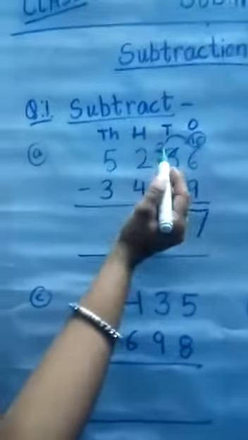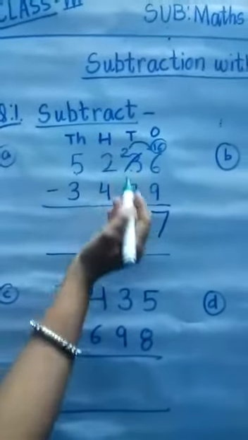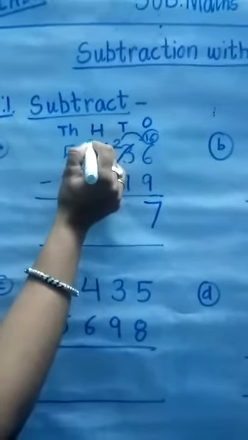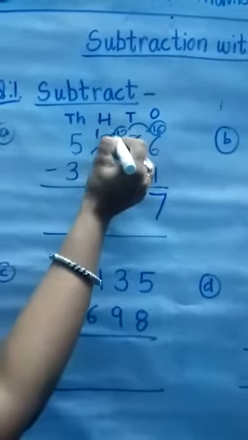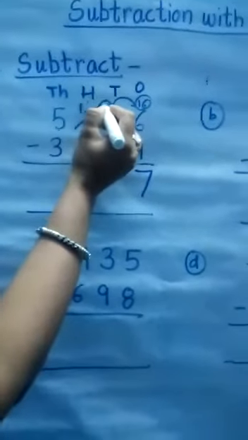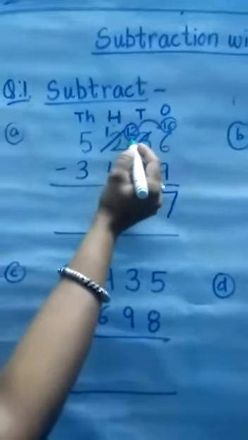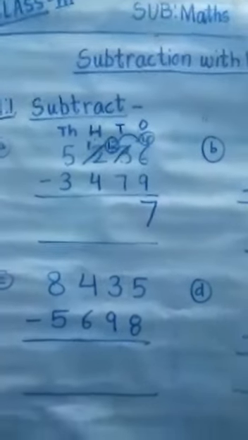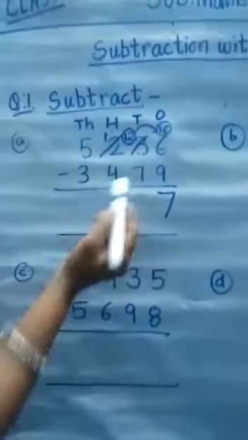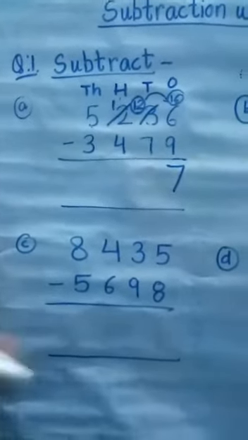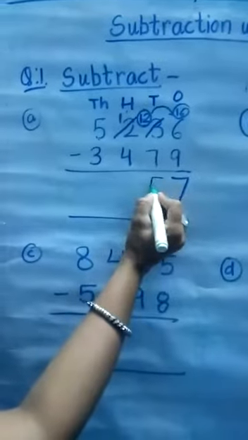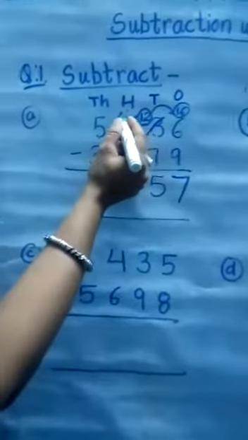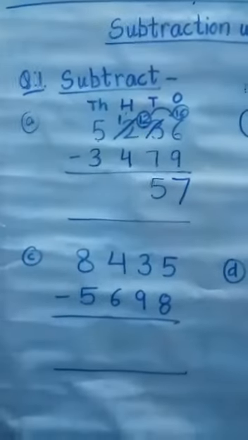2 is here. We are not able to deduct 7 from 2. So again we have to borrow a number from hundreds. Here is 1 and here is 12. We have to borrow 1 hundreds from this. So look everyone, which number is this? 12. Now we are able to deduct 7 from 12. So now count down: 7, 8, 9, 10, 11, 12. So 5 are left. Again we are not able to deduct 4 from 1.